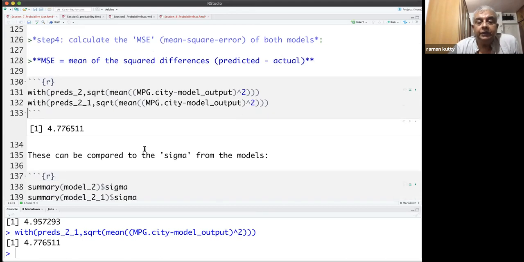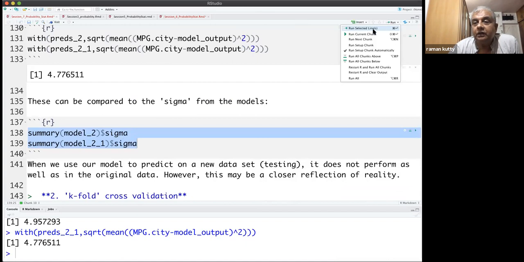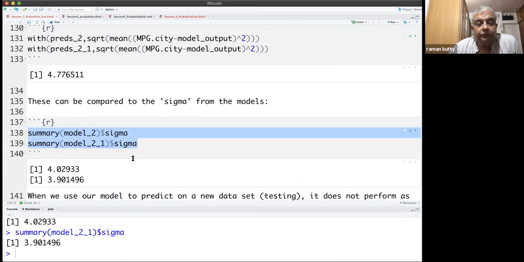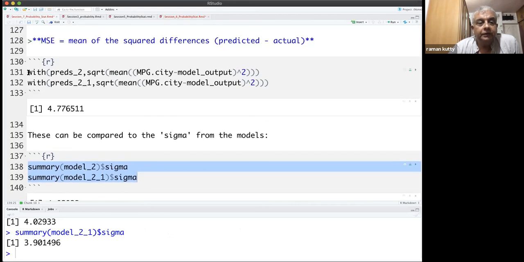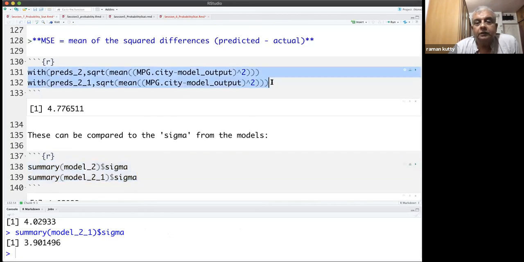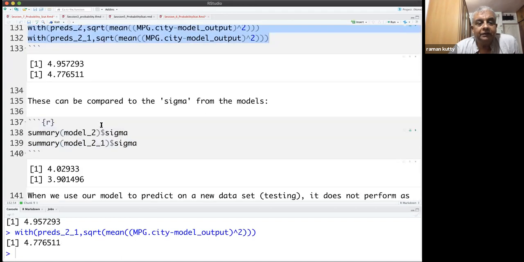This is very important. Now we can also compare with the two sigmas. You will find that those are much smaller, whereas these two are much higher, 4.95 and 4.77, whereas here it is 4.02 and 3.9.